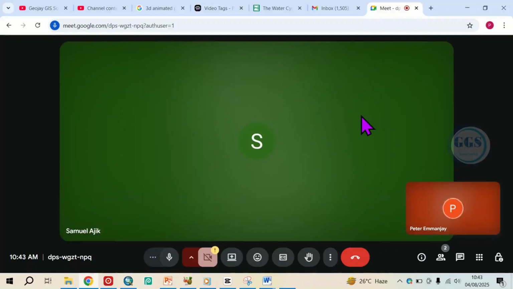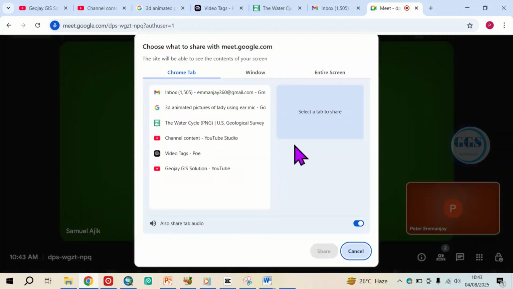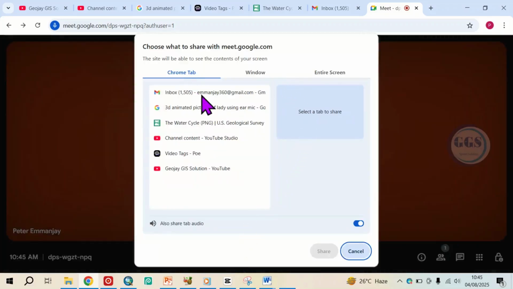In this video, I want to show you how to share your screen in Google Meet. If you want to share your screen in Google Meet, once you have joined, come down to the bottom here and you see join. So click on it, and here you can share your Chrome tab, and you can share